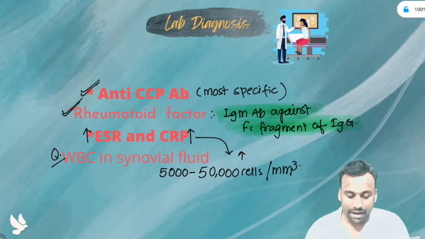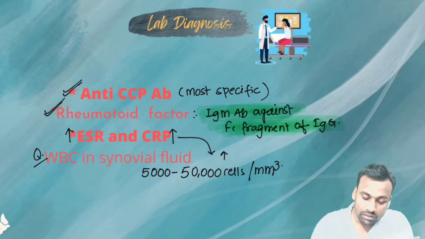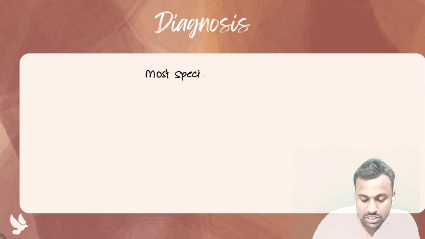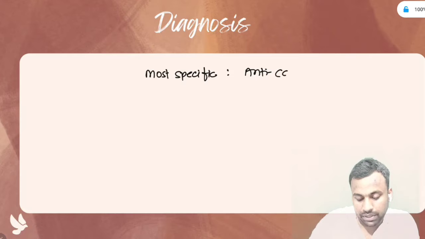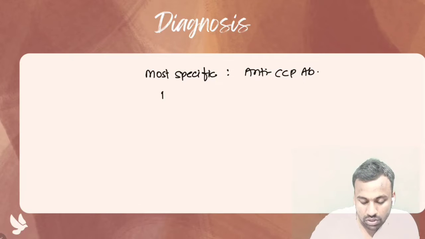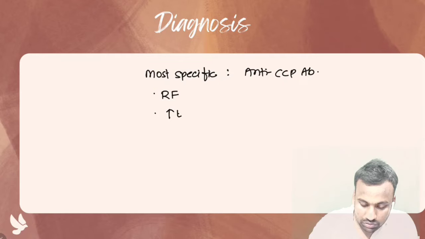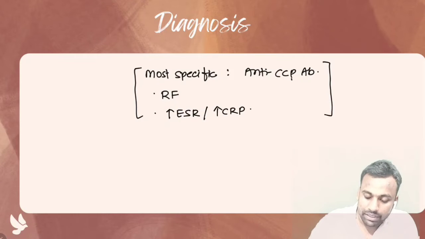So these are mainly the lab diagnosis features. The most specific one is what? Anti-CCP antibody. We can also do the rheumatoid factor. We can also see increased ESR or increased CRP. This is important, and it mainly defines